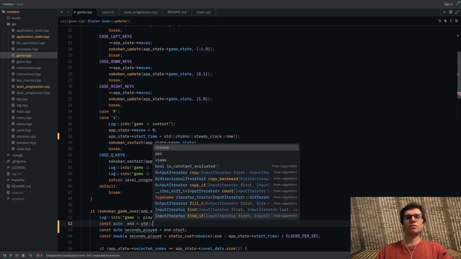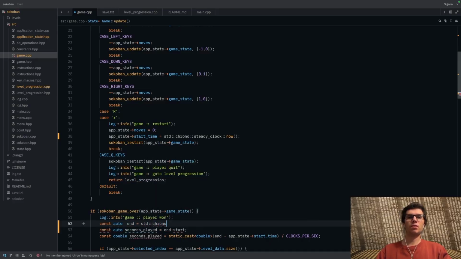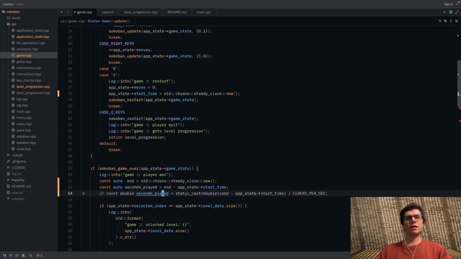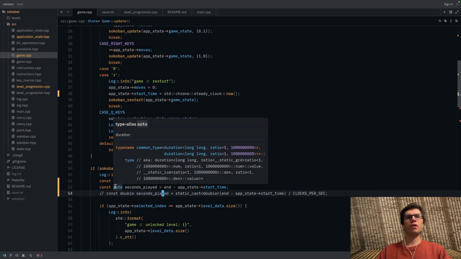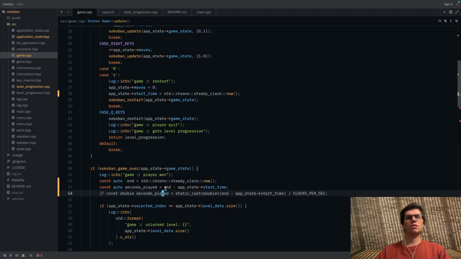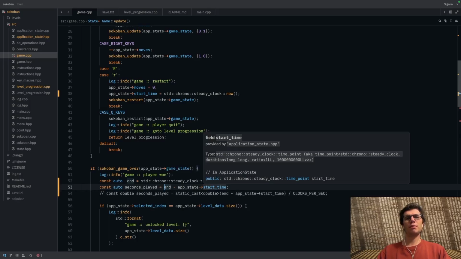N is equal to chrono, steady clock, now. So now we have that. Start doesn't actually exist. It is app state arrow to start time. All right, and then if we do it like this, we have this auto, and it's going to be of type long long. So what we want to do, I believe,